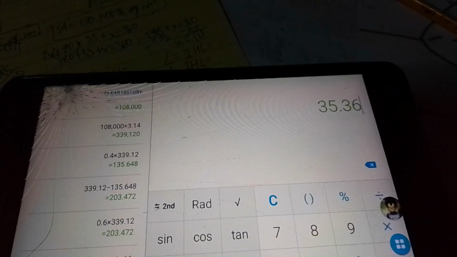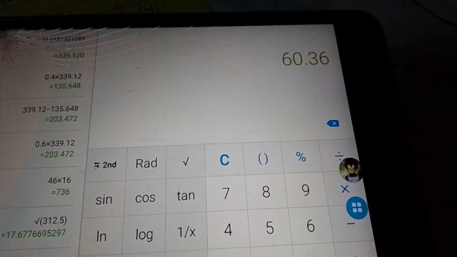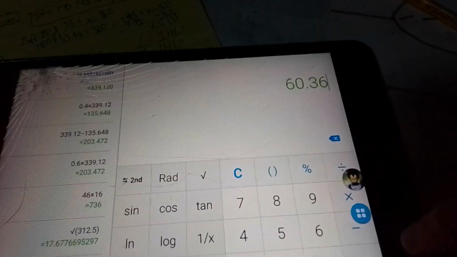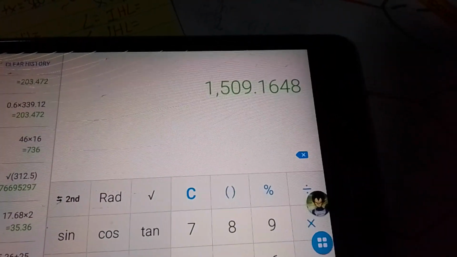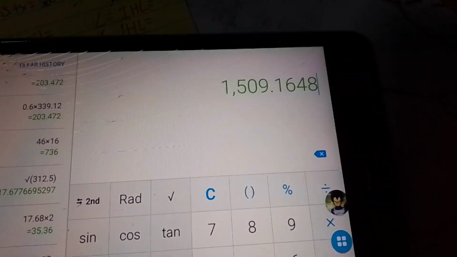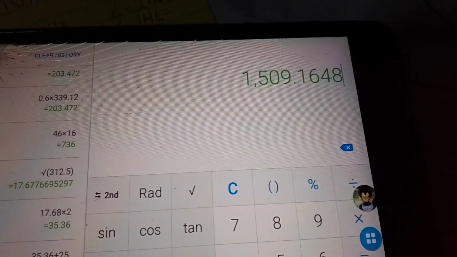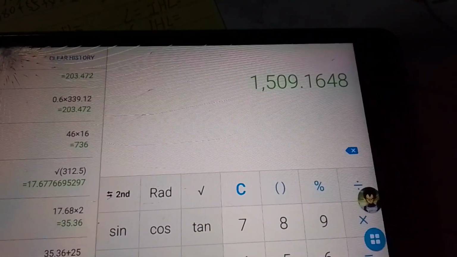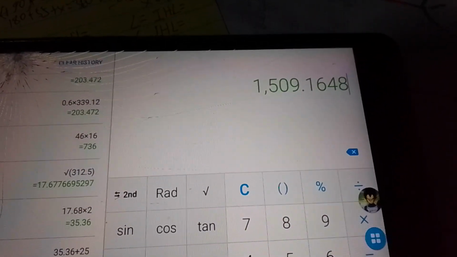We have the 35.36. When we add 25, we should get 60.36. Then when we sum this up with the two bases, we should get 85.36. And then you multiply that by your height, which is 17.68. So this should be your answer: 1,509.1648 square millimeters. Okay? And you don't need to divide by 2 anymore because both of these